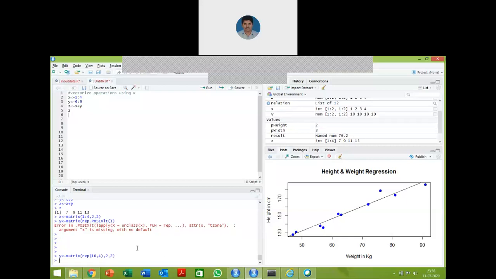Okay, here matrix x and matrix y are created.